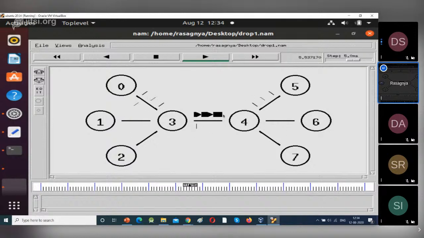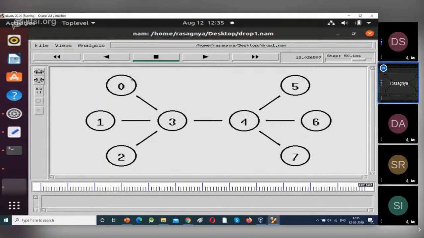If the queue is full, it will drop the packets from the tail of the queue. So again it is dropping the packets. The simulation has been stopped at 12 seconds.